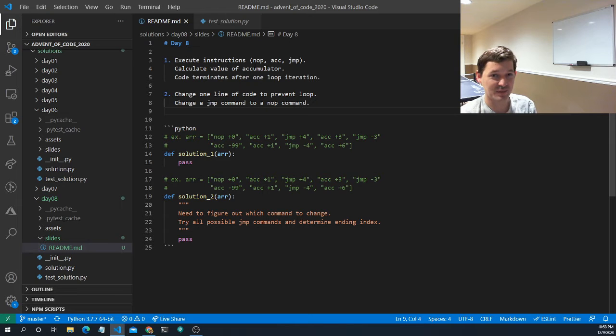And the program has three types of instructions: NOP, which does nothing, just goes to the next line in the program; ACC, which accumulates some global accumulator; and JMP, which skips a bunch of instructions and goes to some provided line. We're asked to calculate the value of the accumulator, and the code terminates after one loop